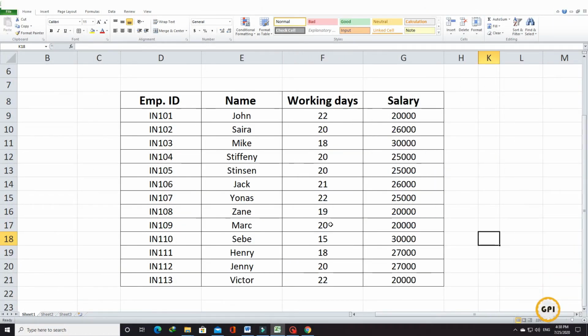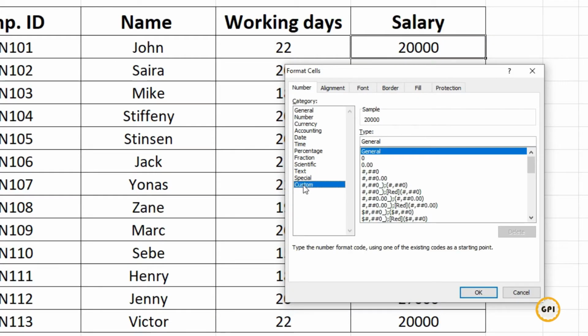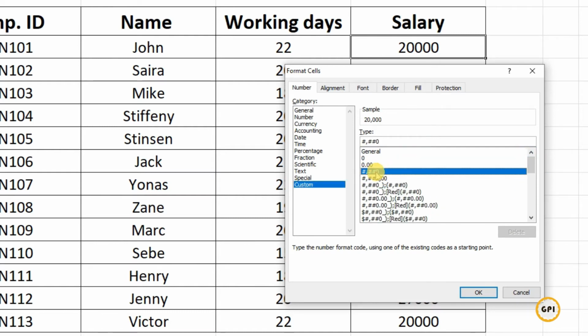Now to do this, let's take these values as an example. Right click on the cells, go to Format Cells and then go to Custom. Here, as you can see, we have so many formats already available. From this list, pick the one which shows the amount format, like this one. Usually this format will give us the value in the cell separated in decimals with commas. We will use the same format but add the rupees symbol as extra text in it.